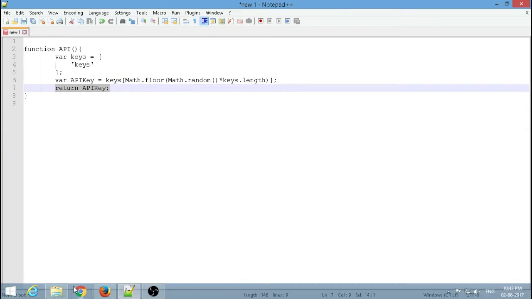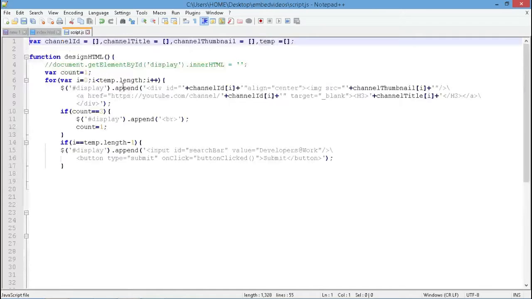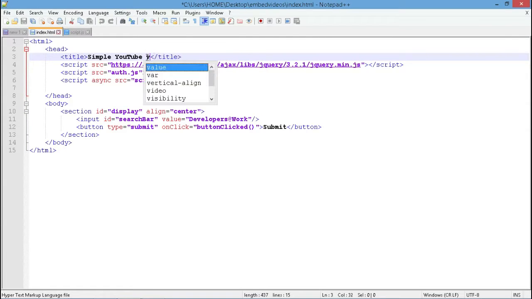Let's open the new files. We are going to open these two things, and first go to the HTML. Don't see this and get into some type of panic, as this is not highly confidential. We have the HTML tags and head tags with this title. We're going to implement a YouTube video search engine,